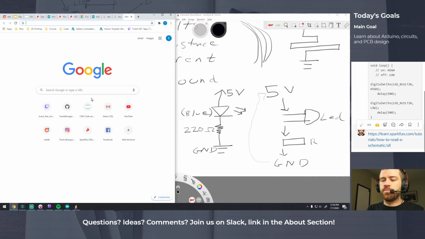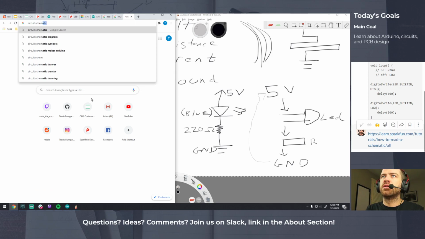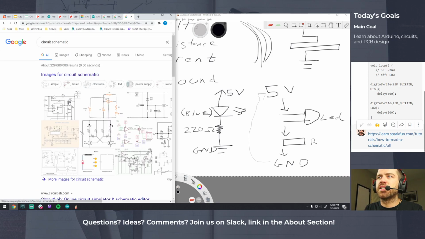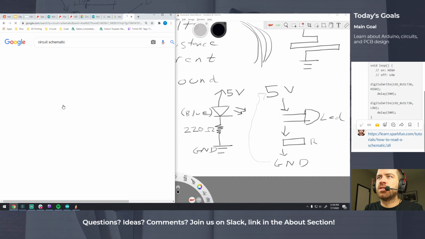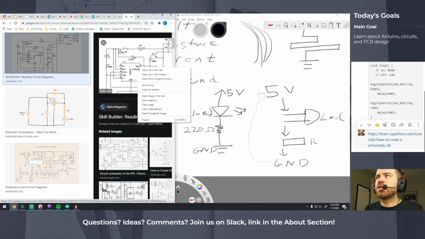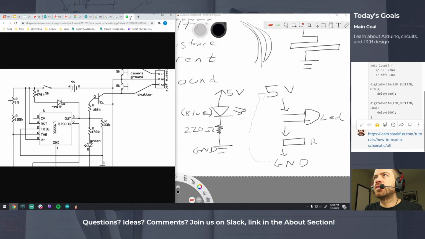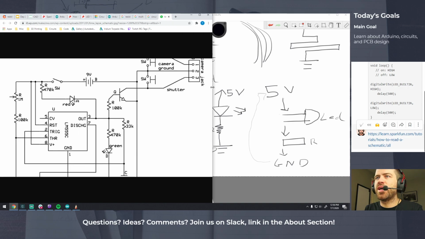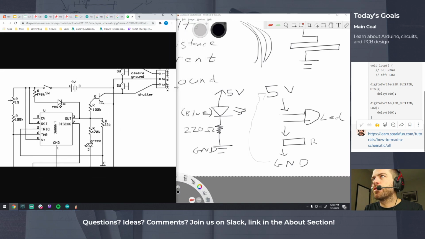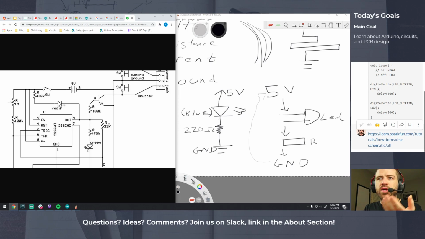So you look at something crazy like this as an example, and you're like, oh man, that looks like a lot. But you can just start to break it all down. We know all these squiggly things are resistors, and we know what their values are. We know that this is an LED. This thing here kind of looks like an Arduino, but it's not, and it looks like it has some kind of code,